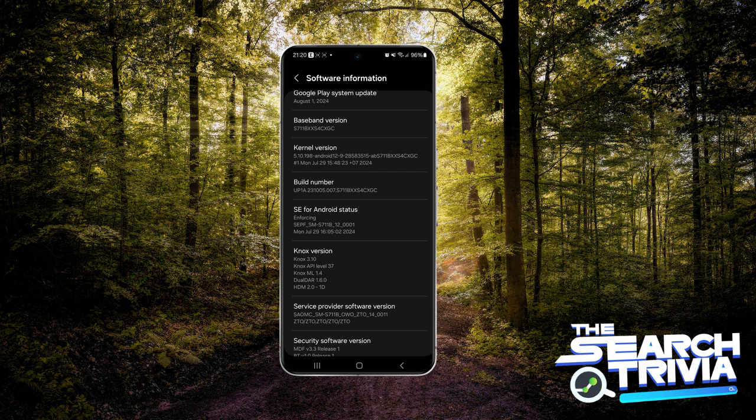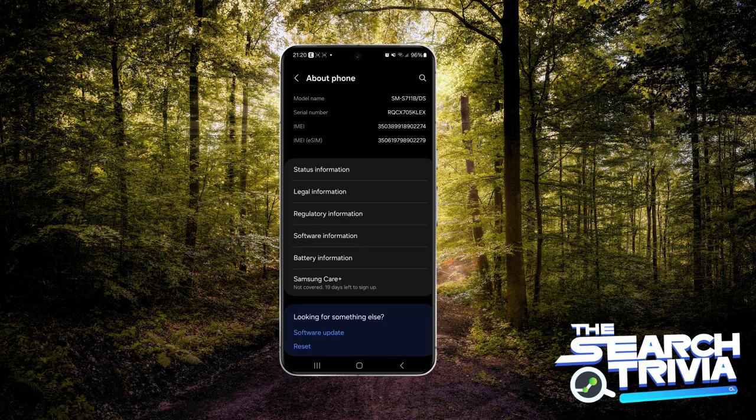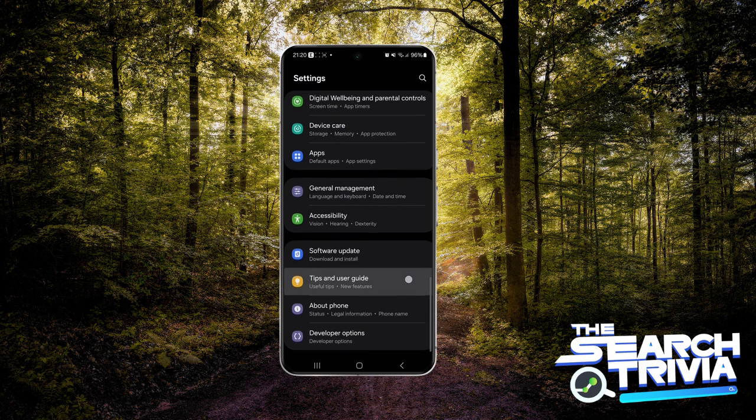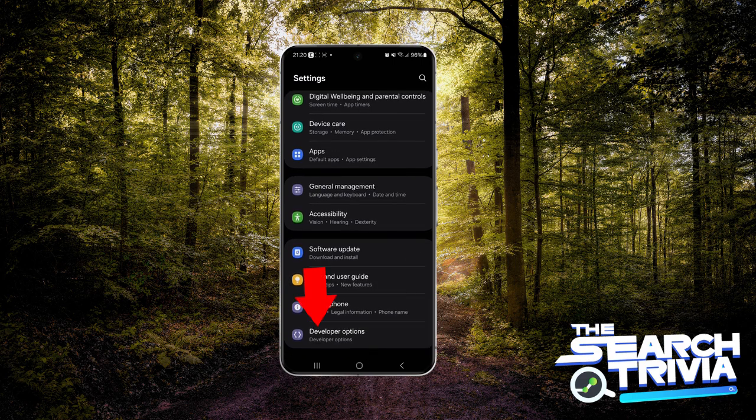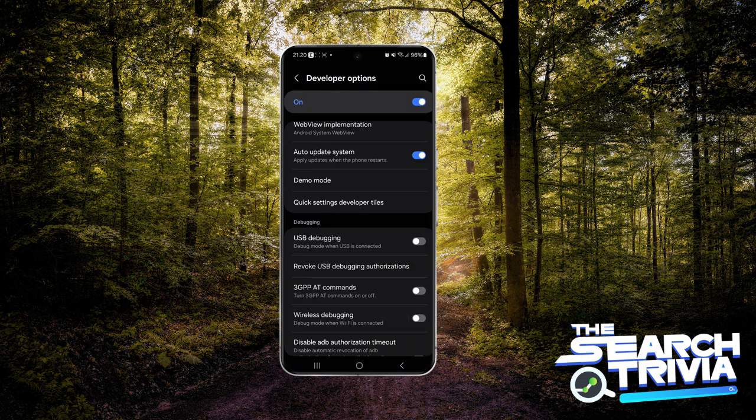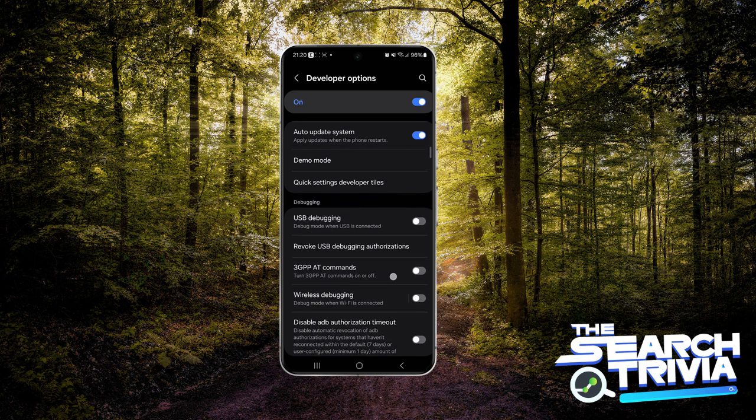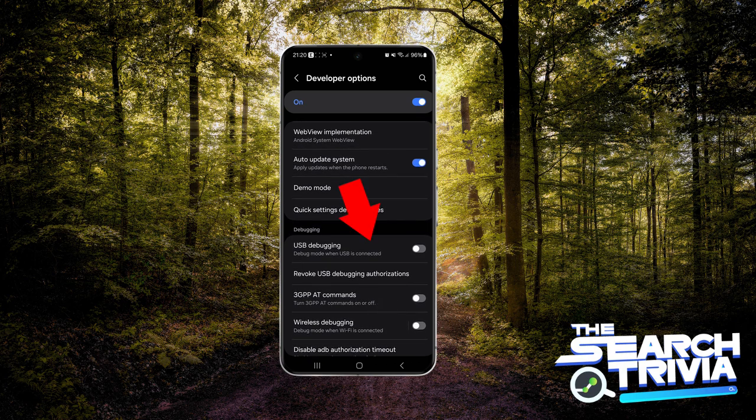Now, in order for me to take a look at the options in the developer mode, I just hit return twice, and now the last option is the developer options. So if you tap here, you can set the developer options. For instance, this option here, USB debugging, is the one you want to activate if you're trying to connect your phone to Android Studio,